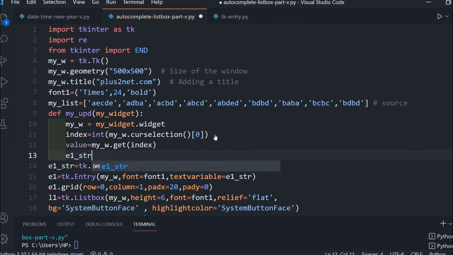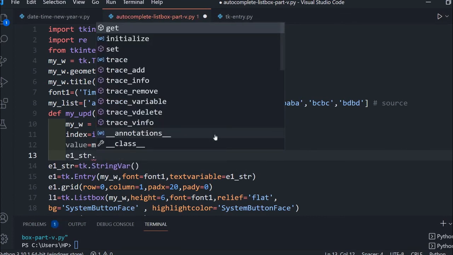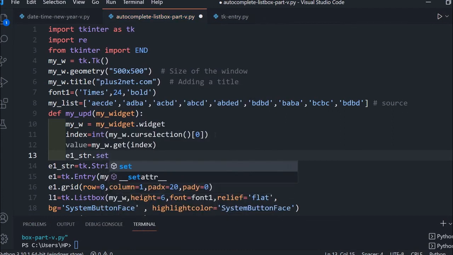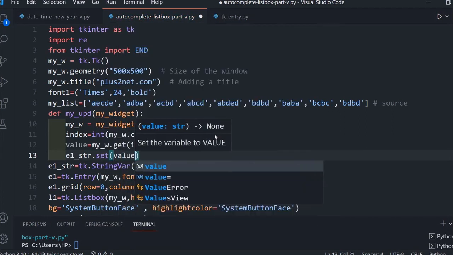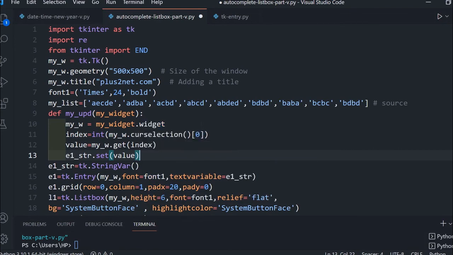This is my string variable connected to the entry box. So that value I read, the one the user has selected. First I found out the index or the position of it, 0, 1, 2, 3, 4, like that, which position it is. Then based on that position I am picking up the value. That value I am giving to the string variable e1 str set.